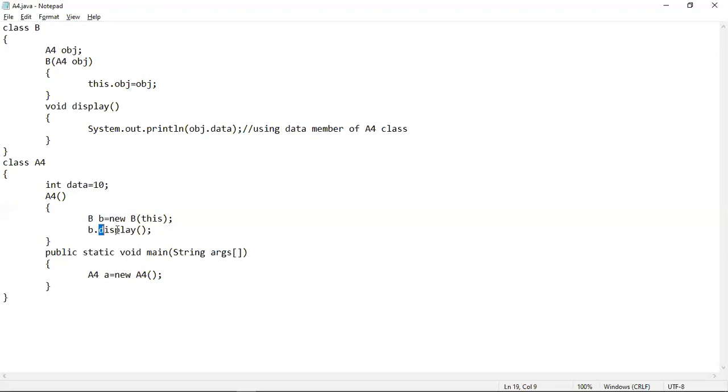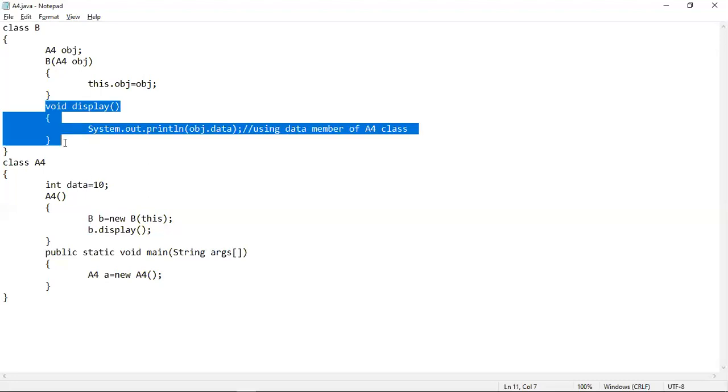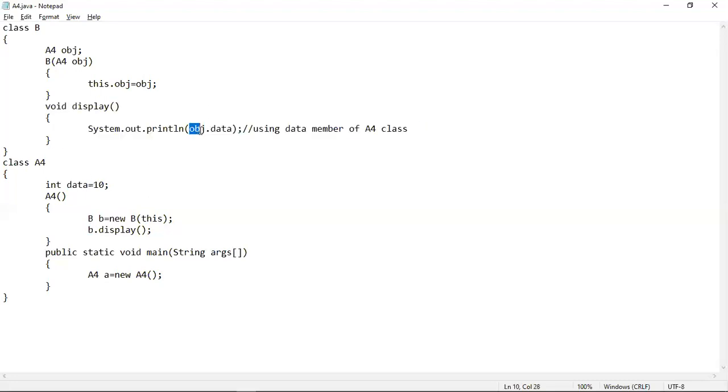Now whenever this display method will be called using the b class object, obj dot data will actually call a dot data. A dot data means this. We can easily access this data variable, which is an instance variable of this A4 class, using a.